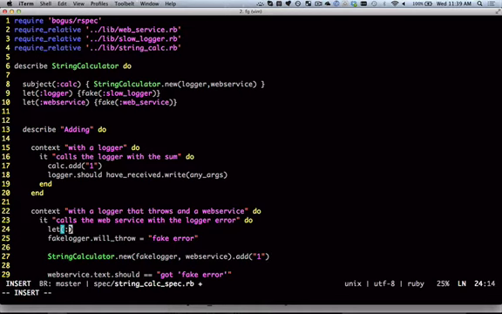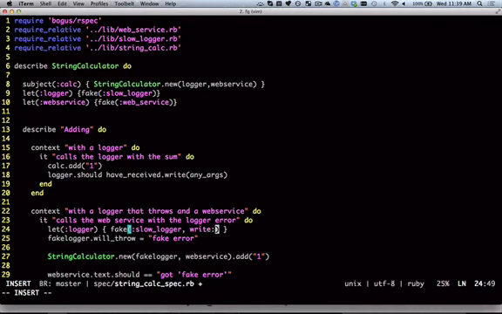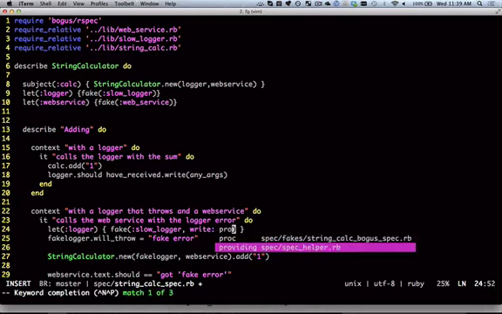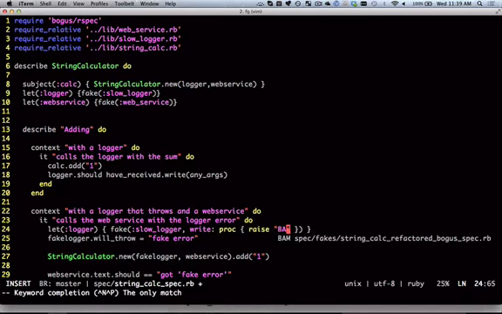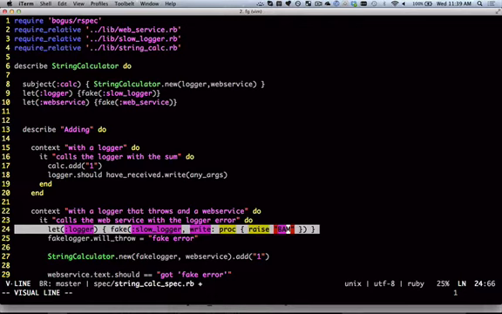And here we can just reset the logger to be called, so let logger be a fake slow logger with the right method having a proc that raises a BAM string. So what's going to happen now is that this overrides the global logger that we've set and will be injected